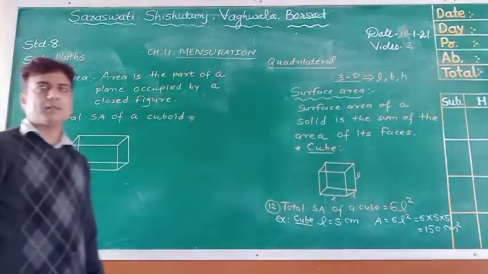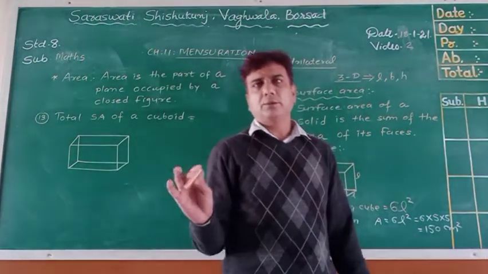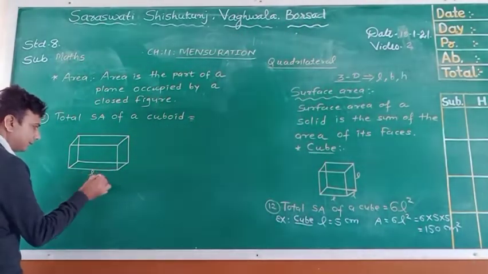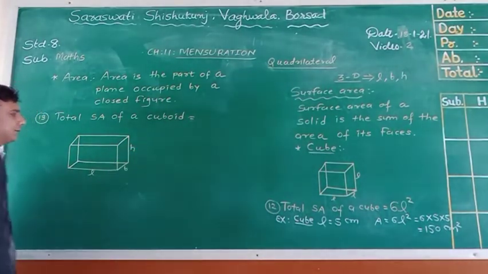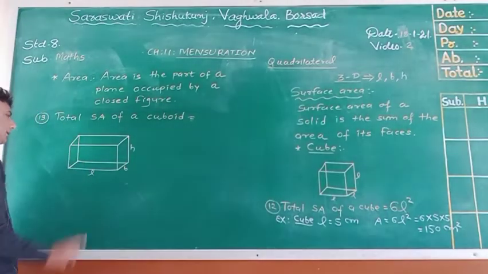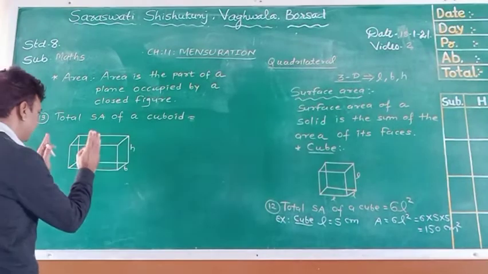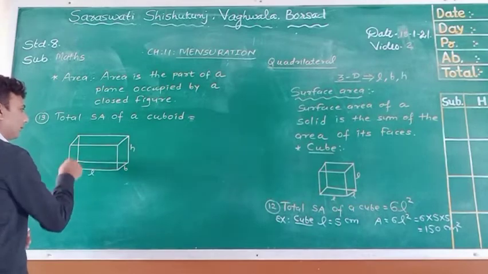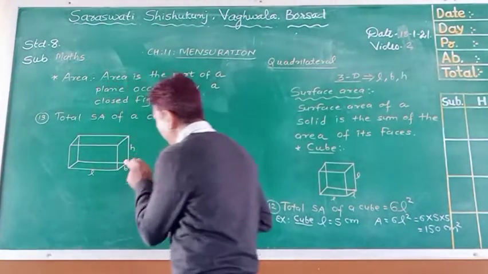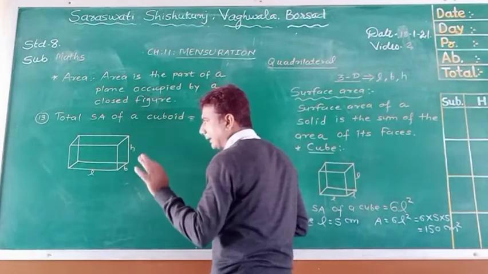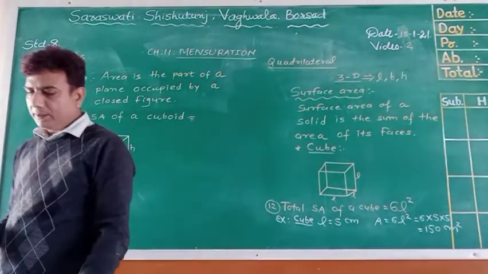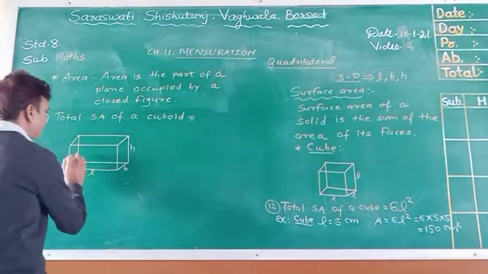See this beta, this cuboid shape. Okay. In cuboid shape, let's say take this length, this breadth and this height. This length, breadth and height. And if I observe this 3D figure from front side, I can observe one rectangle. Side view, I can observe from this side, I can also observe one rectangle. Top view, upper side, one rectangle I can observe. Okay. Now, in this case, suppose I want to find this spaces.